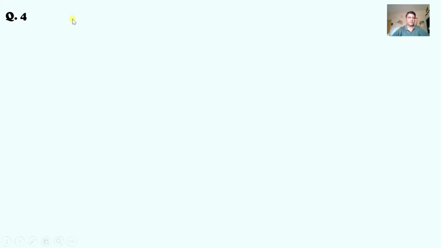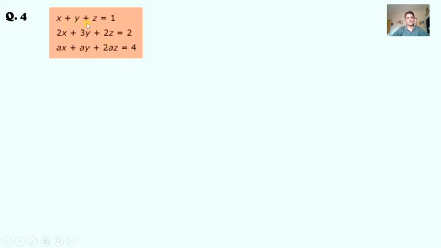Now we take a question of order 3 by 3. Just a short while ago we solved a question of order 2 by 2. Now we take one of order 3 by 3. Order 3 by 3 means here we will have involvement of three variables x, y and z. So here comes x plus y plus z is equal to 1, and